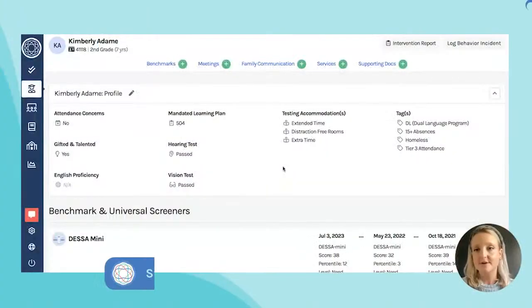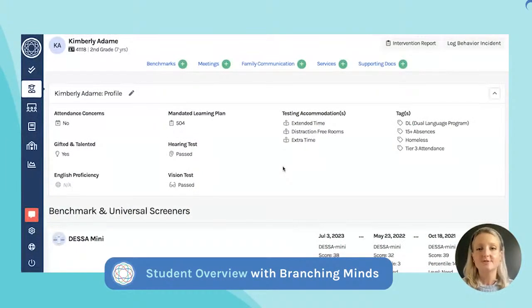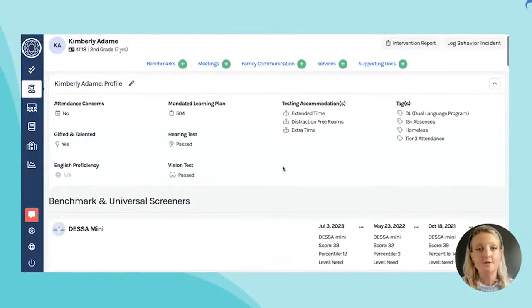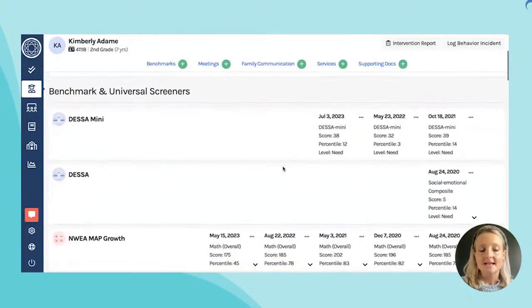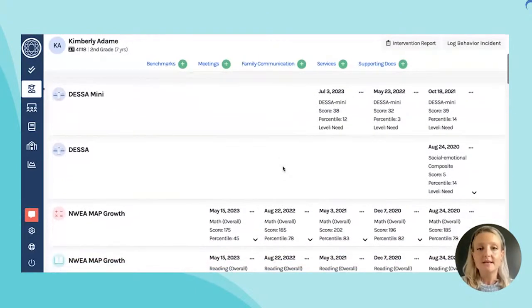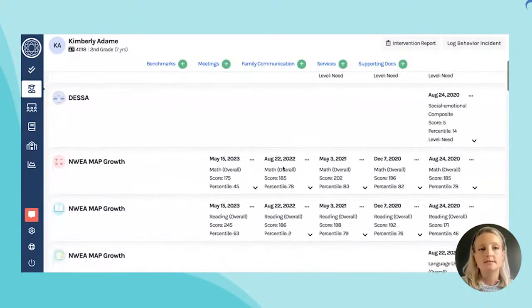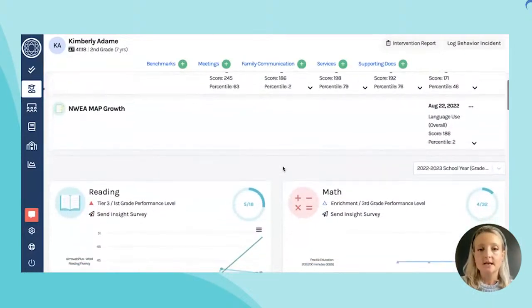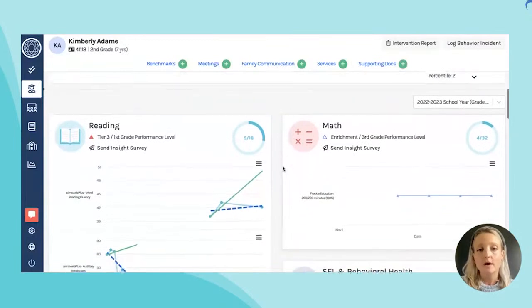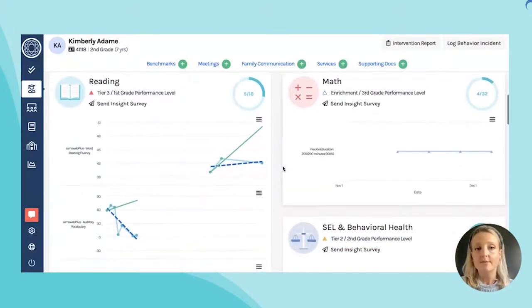Absolutely, Trudy. And I'm showing you the student overview page in Branching Minds right now. My favorite as a former teacher who almost never had access to the data I needed about how a student was doing. So here, if you're wondering what's the type of data I really should be keeping in a centralized location in order to make MTSS work really well for my district, this is it. It's going to be basic student demographic information, their history of scores on benchmarks and universal screeners across all subject areas, information about what progress monitoring and intervention plans they might have in place.